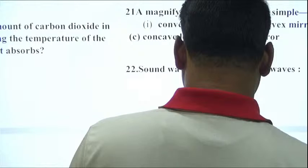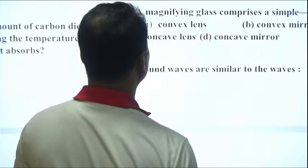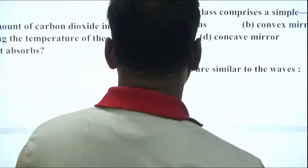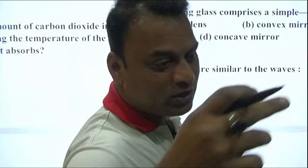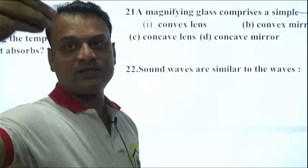A magnifying glass comprises a simple convex lens, convex mirror, concave lens, concave mirror. So in question 21, a magnifying glass means a glass. You can see in our childhood that it is a thick glass which reflects, and we show it